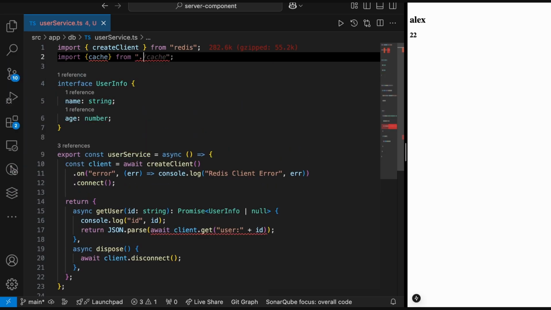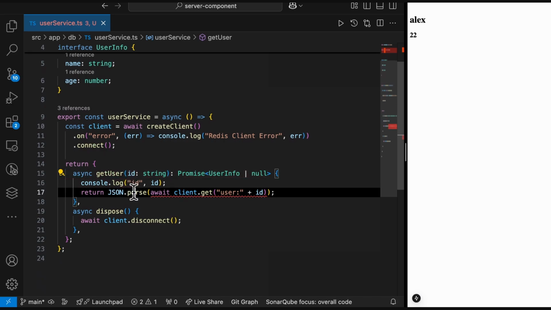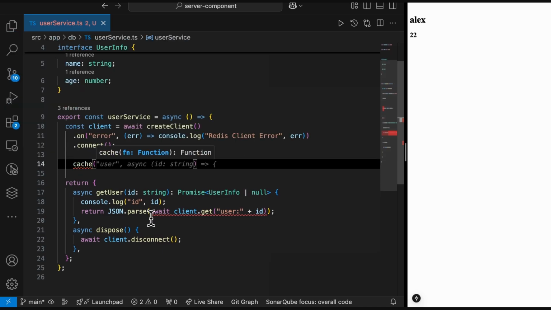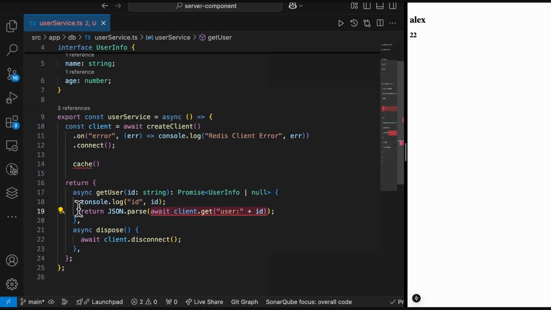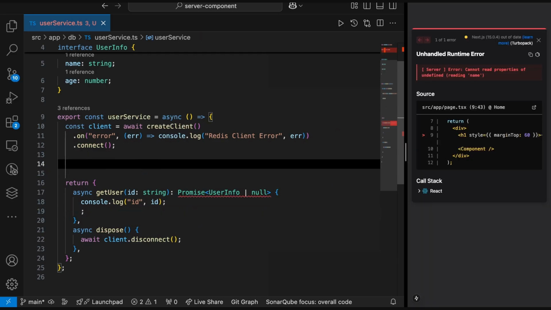I can import it from React like this, and then over here, whenever users try to get some information, instead of calling the API, I'm going to call the cache function. So I have to cache the same thing over here. I'm going to call this and cache it. Let me try. Const cachedData would be cache